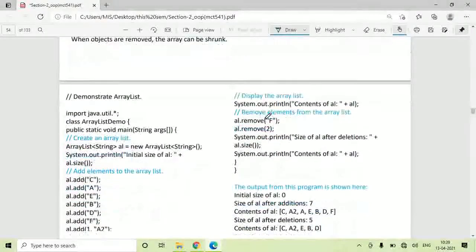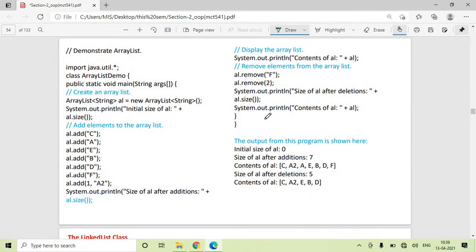Now let us try to understand a very simple program related to ArrayList. import java.util.*. Since the collection classes are available in the util package, import java.util.* will import the code which is required for the normal functioning of ArrayList.